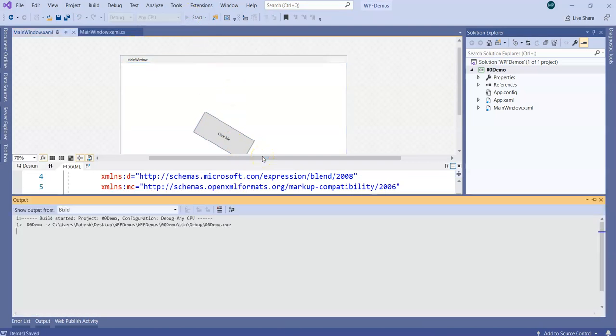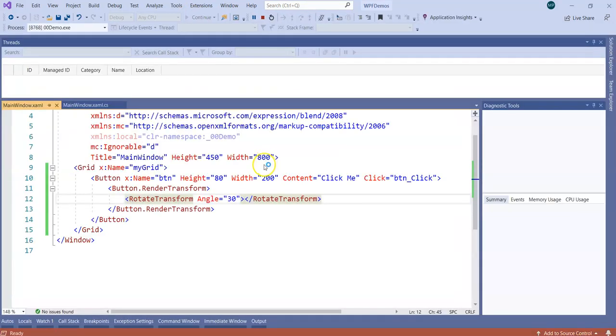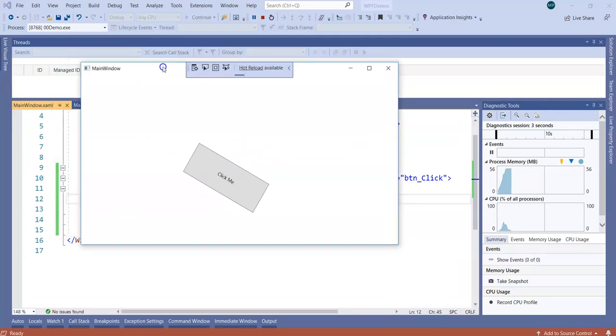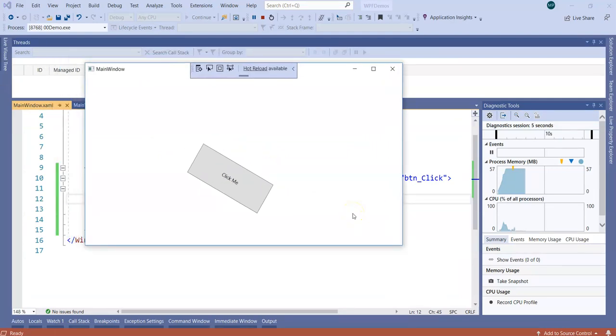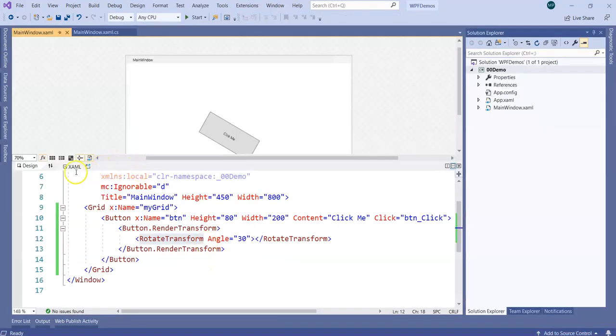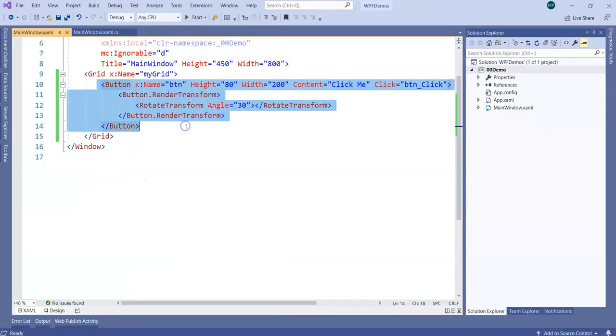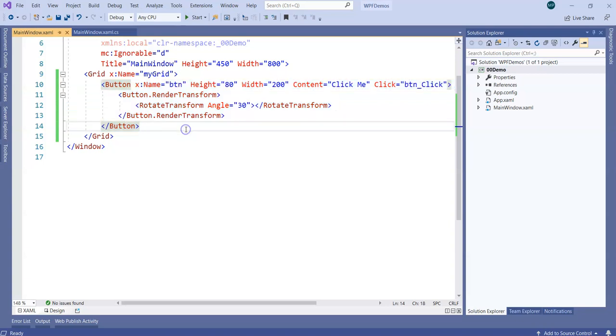It's too difficult in case of WinForms, but within a few seconds you can actually develop something like this. So a button which was normally a block shape button, I have tilted with the angle 30, and then the message box appears as it is. You will find it's very easy to play with any kind of control in terms of animation, or this is not animation as of now, but imagine this angle continuously changes. Obviously if the angle is continuously changing, it is more or less animation. So you'll find WPF is full of surprises like this, and we will evaluate those surprises in sessions which are about to come.